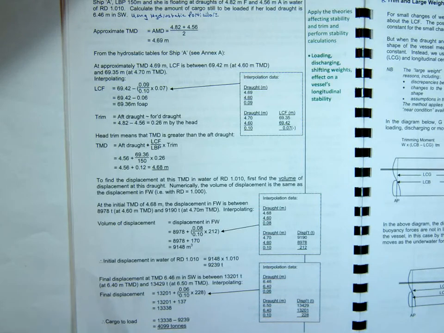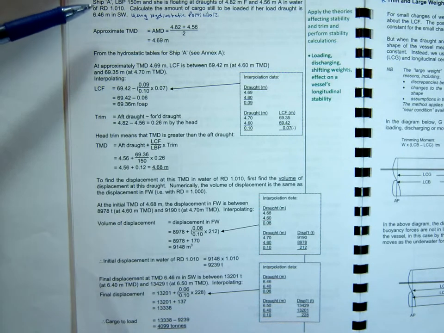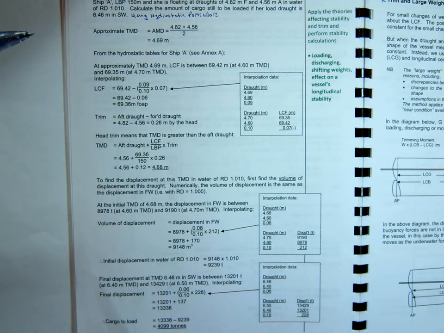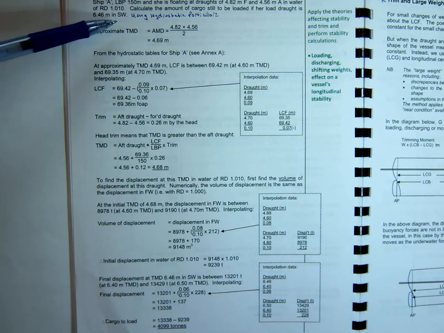Let's have a look now at example 2. Our vessel's length between perpendiculars is 150 metres. Work drafts are 4.82, 4.56 aft, 4.82 forward, and we're in water of relative density 1.010. We need to calculate the amount of cargo still to be loaded if our load draft is 6.46 in salt